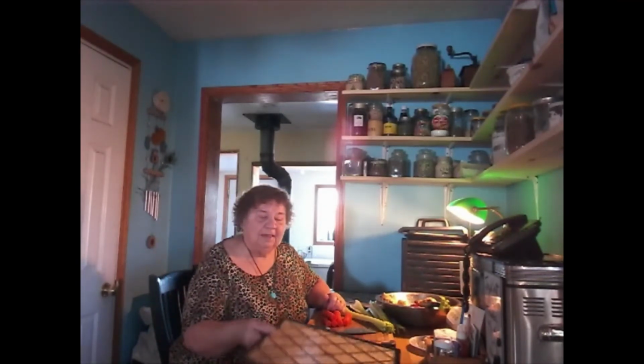If you don't have a dehydrator, then you can use your oven. If you can get it down as low enough, say to 100, 135, even 150, but 150 is going to probably cook the food instead of dehydrating it. So you got to try to get as low as you can. And if you can't use your oven, you can sun dry vegetables. If you have a nice sunny south window, put it on a tray,